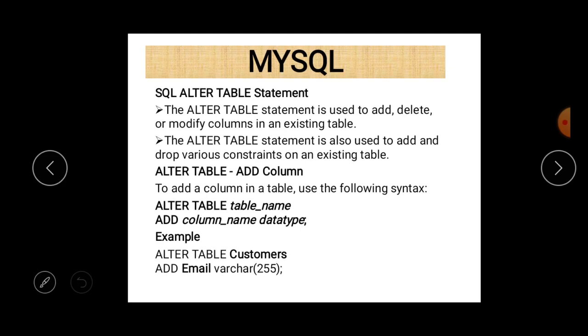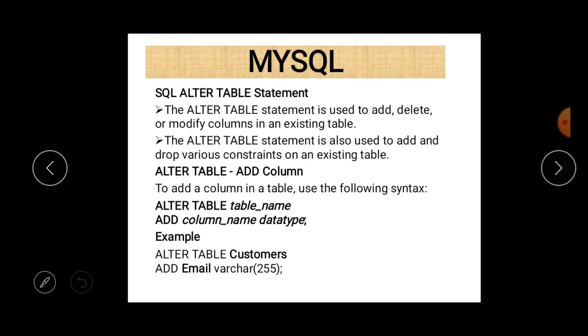And it is asked many times in examinations: what is the difference between the alter table statement and the update command? Update belongs to DML, where we are able to change the data of a particular table, but using the alter table statement we are able to change the structure of a table. That's why alter table is a part of DDL. There are some other DDL statements such as create, alter, and drop. Using these three commands, we are able to change the structure of a particular table. And most of the other commands fall in the category of DML.